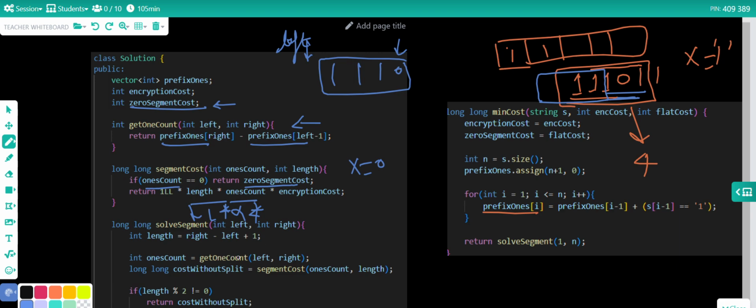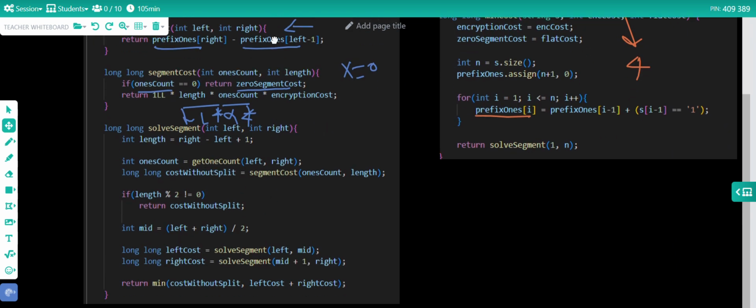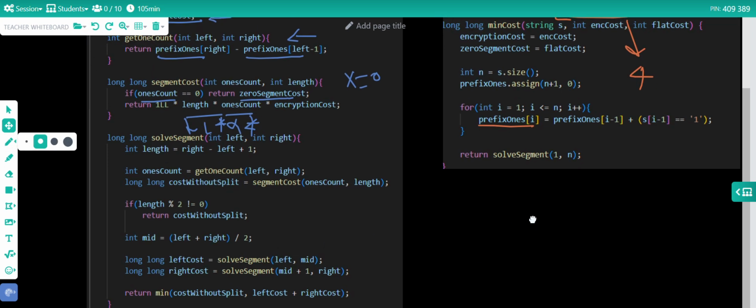And we will divide the array. Suppose initially we have the whole array, then we will check the length. Here we are checking the length.